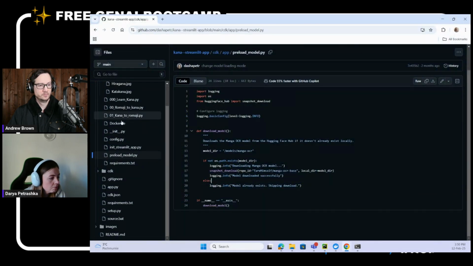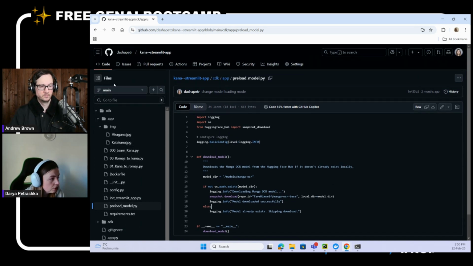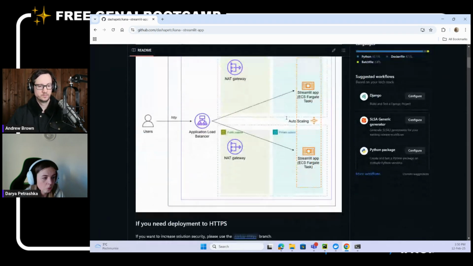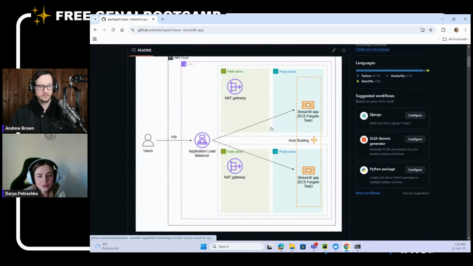I talked a little bit about our Docker, what's going on here, and I'm going to show you the actual architecture and what will go on when you deploy it to your AWS account. So here, the main brain and the main place of action is your Streamlit application, and